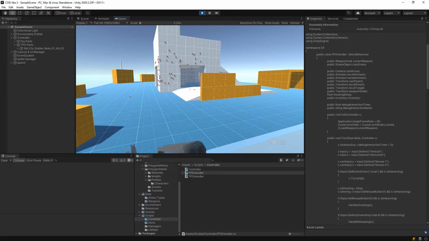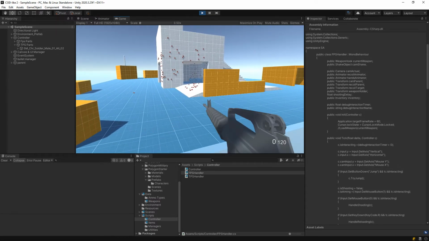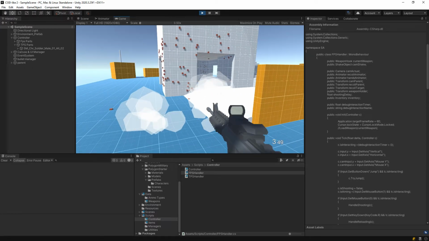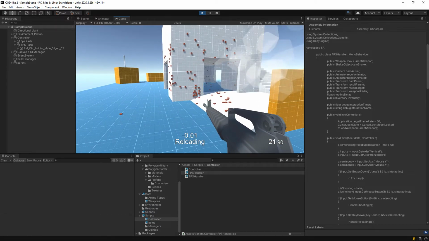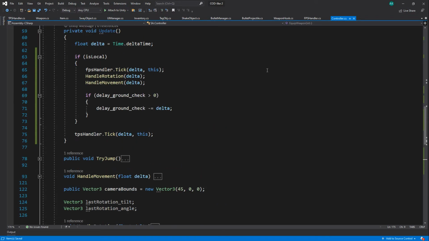And you can see that I'm actually firing while rotating, while equipping. So to avoid that in the future, we need to know if we are interacting. So we have the fake interactions